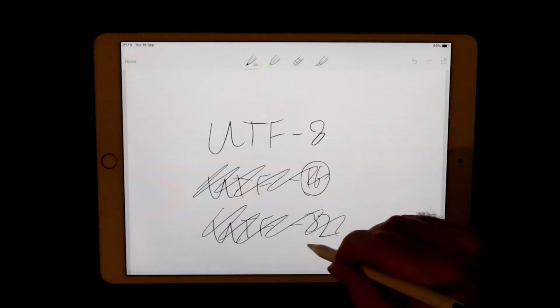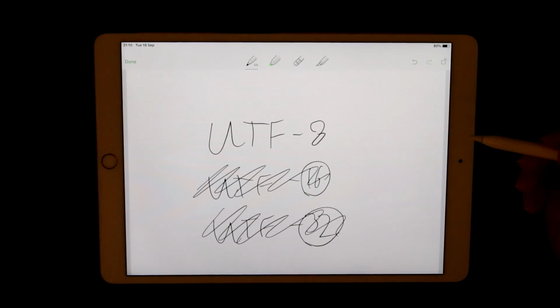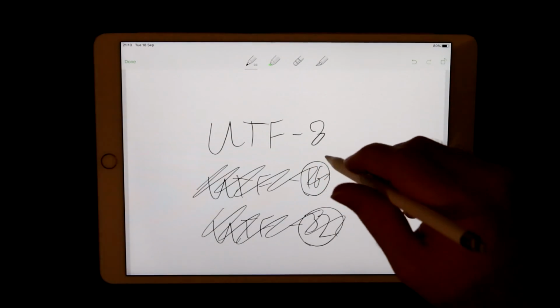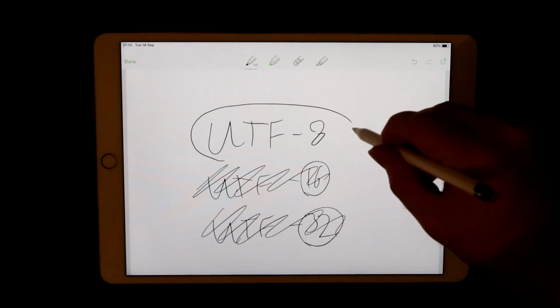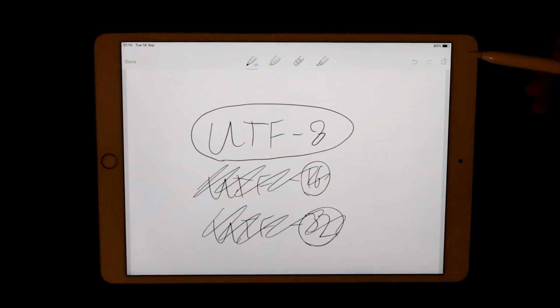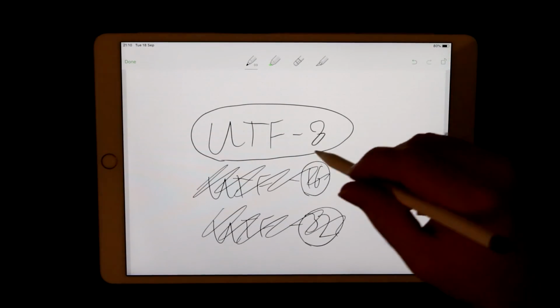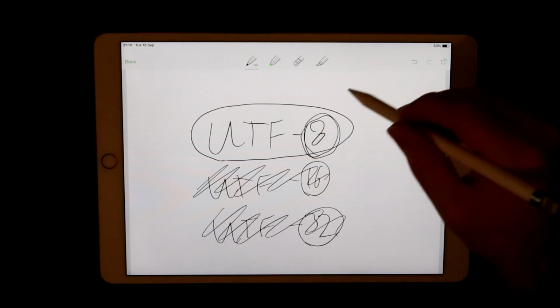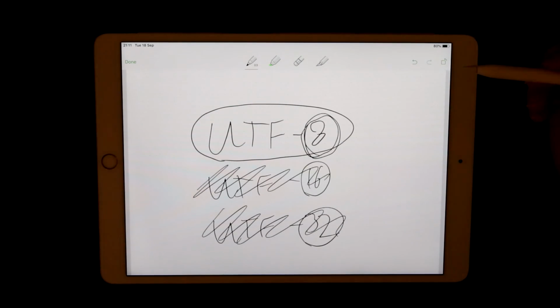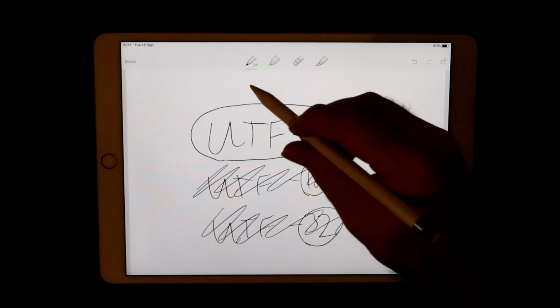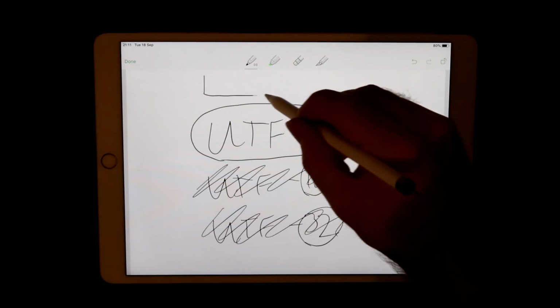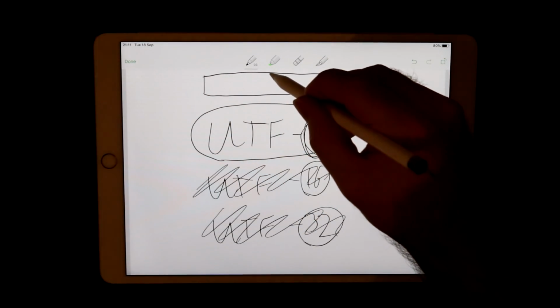The number at the end represented how many bits it used for each character, but the nice thing about UTF-8, which appears to have won in the war to decide the best way of representing characters as numbers, is while it has an 8 here, which suggests it uses 8 bits for every character, it can actually use as many bits as it likes. One of the things that the encoding specifies is for each byte it encounters,